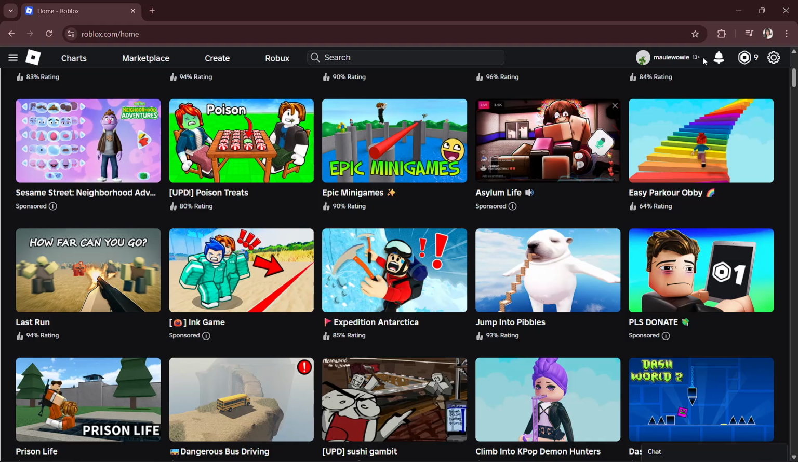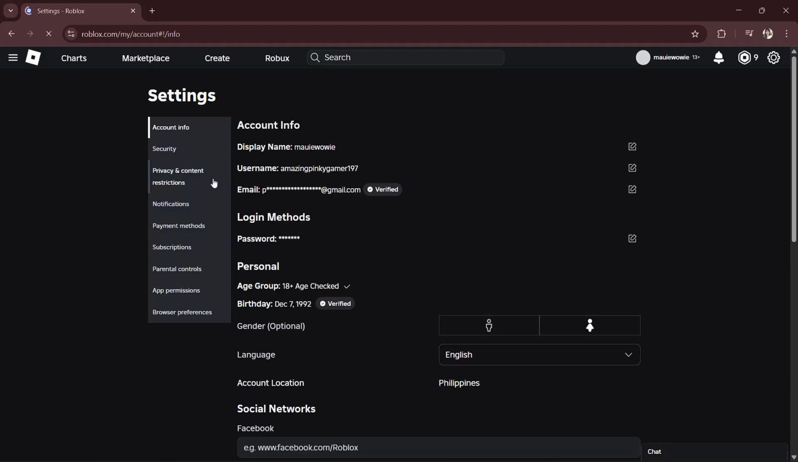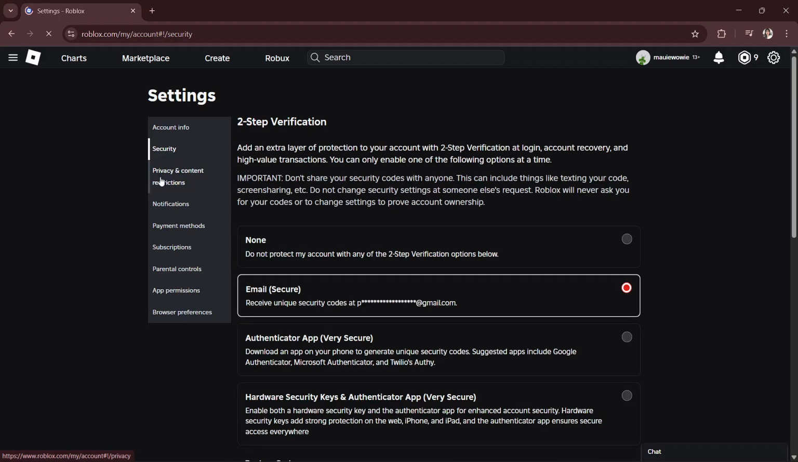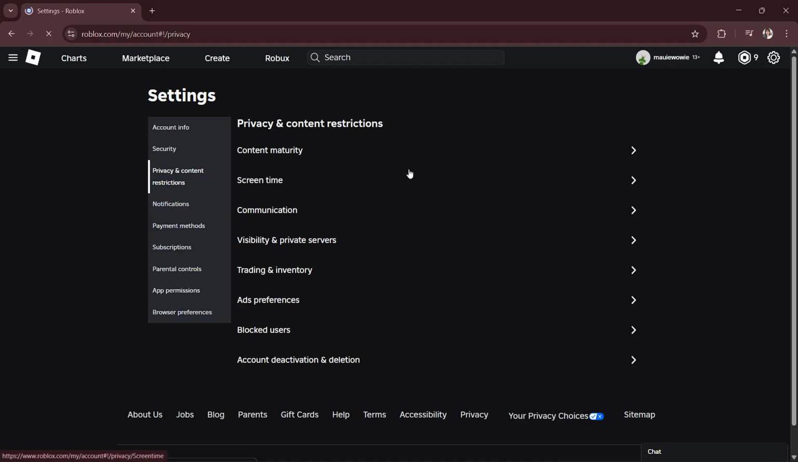And then what you will have to do is go to your settings, which is right here on the top right corner, and just wait for your screen to load. And now that you're here, you will go to the privacy tab or privacy and content restrictions, and you will click either this